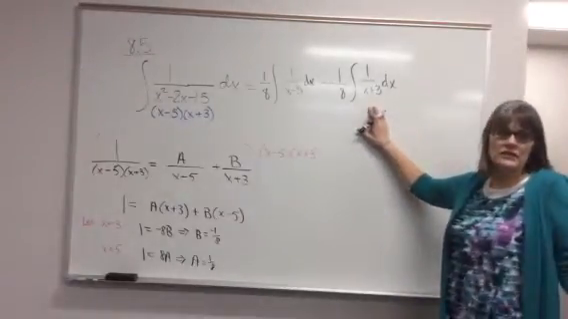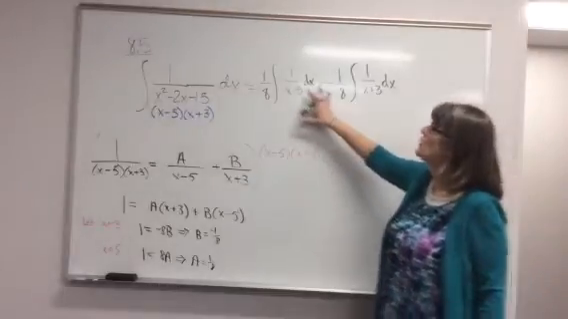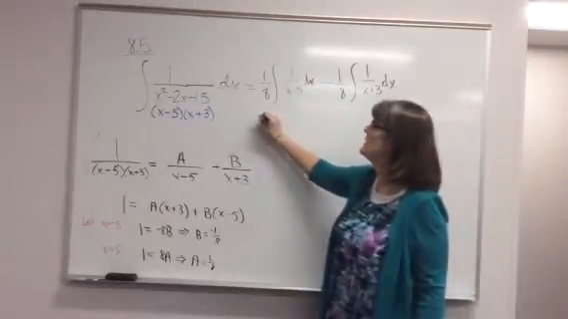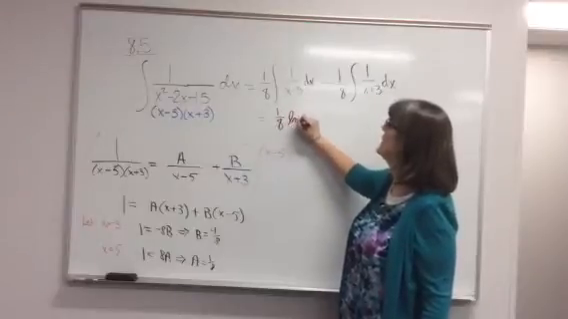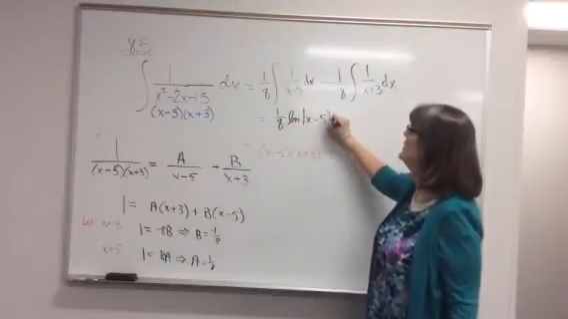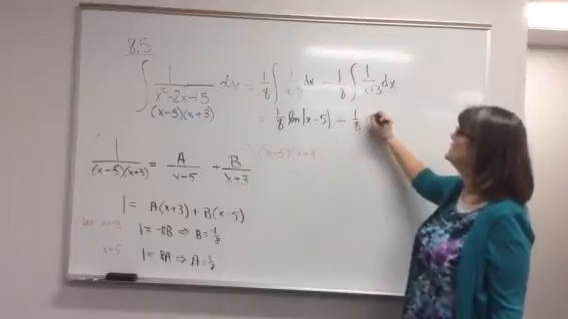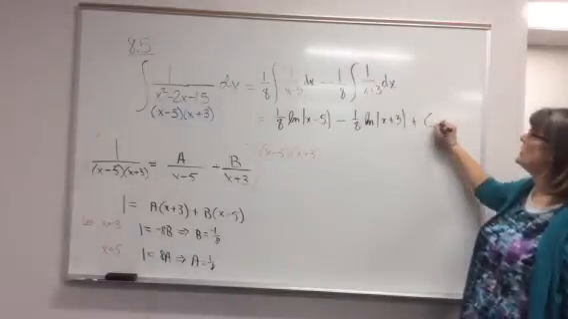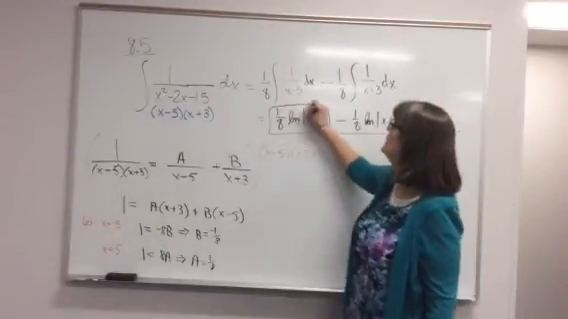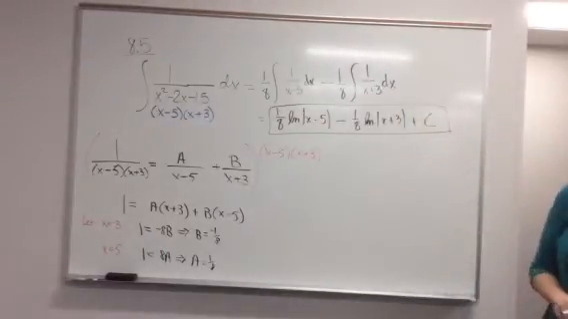Now I have two integrals that are easy to integrate. 1 over a linear function, that's just the natural log. So this is 1 over 8 natural log of x minus 5, minus 1 over 8 natural log of x plus 3, plus c. So when we